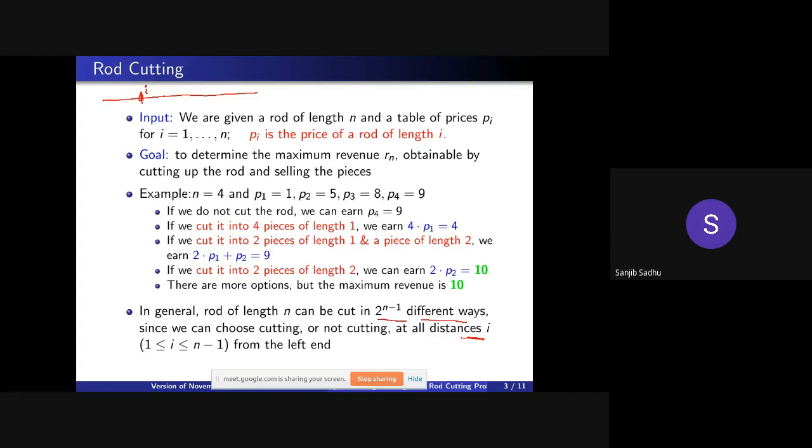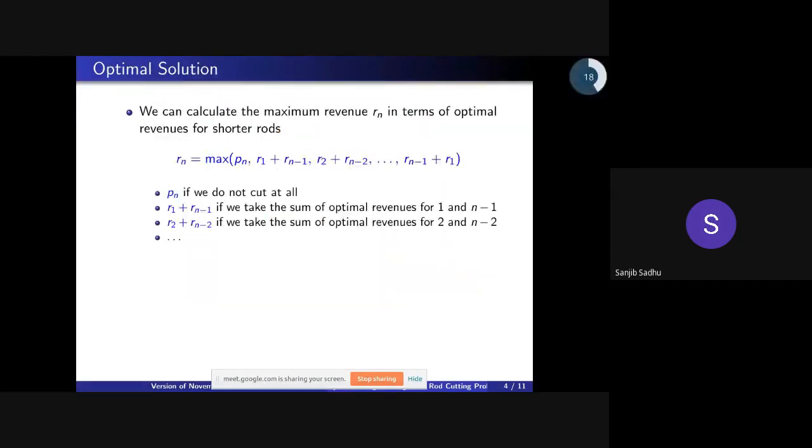So if you try all these ways and then find out the maximum revenue that you can earn, it is already exponential. If there are 2 to the power n minus 1 different ways and you are applying all of these and then choosing the maximum one, then automatically the time complexity will be exponential. Clear? Now we can calculate the maximum revenue Rn in terms of optimal revenue for the shorter rods. So Rn is the maximum of